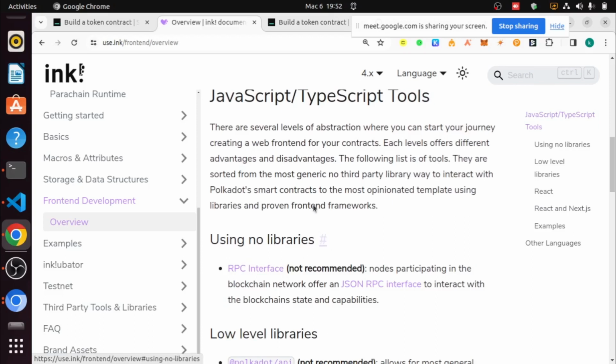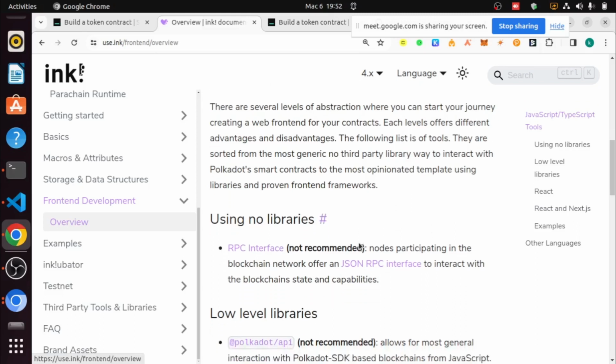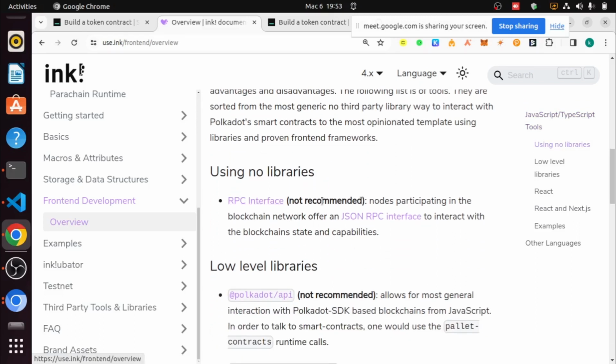There are several levels of abstraction you can start with on the journey of creating a web front end for your contracts. Each level has different advantages and disadvantages. The following is a list of tools. So you have the RPC interface, not recommended. You can click on these links and then go, we have the